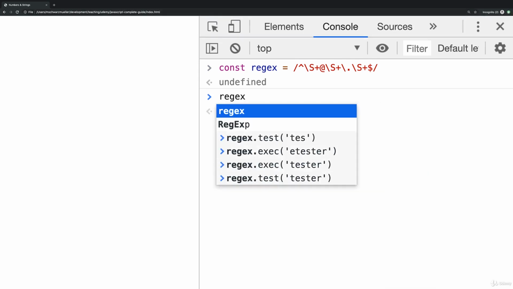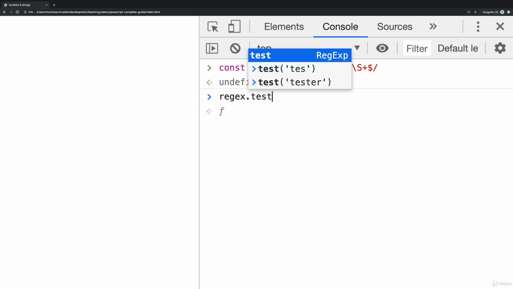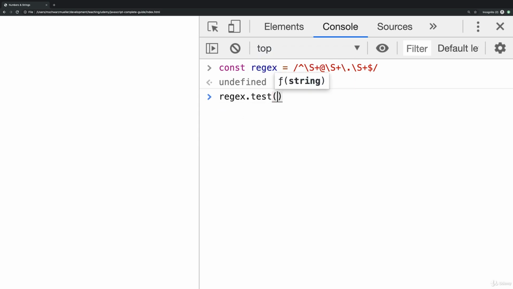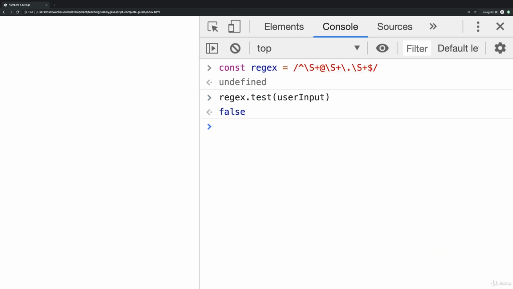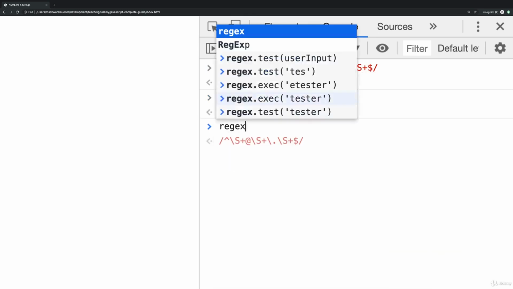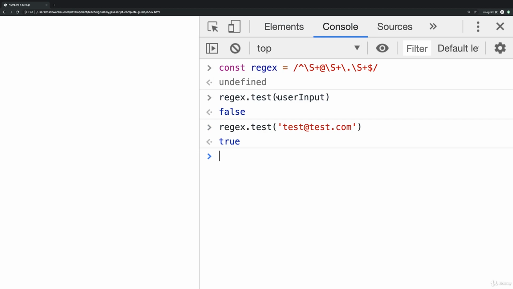Now with that, you can use this, and as I said, it is an object, and call a method on this object. And there we could call the test method, and to the test method you can pass a string where you want to validate if it meets this pattern. And there we could pass in user input, and we would get false. On the other hand, if I test a valid email address, let's say here I test test@test.com, I get